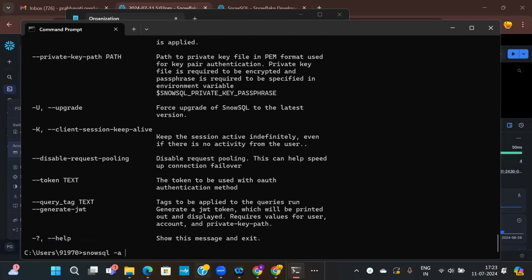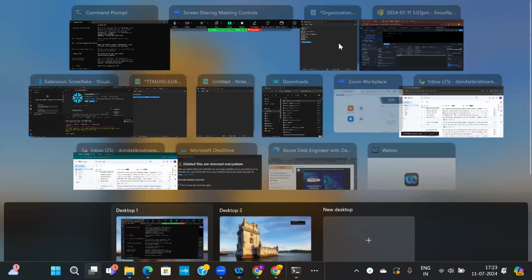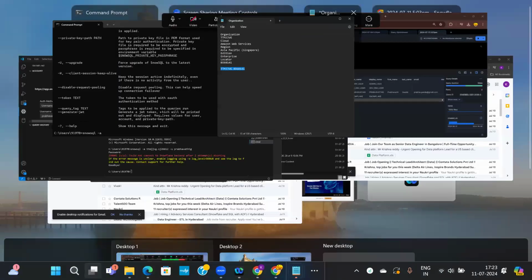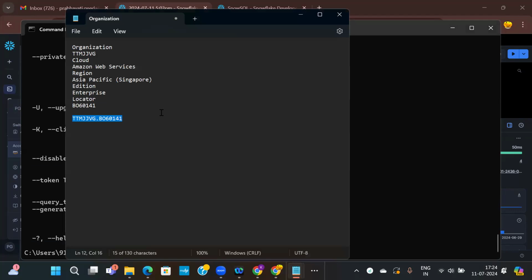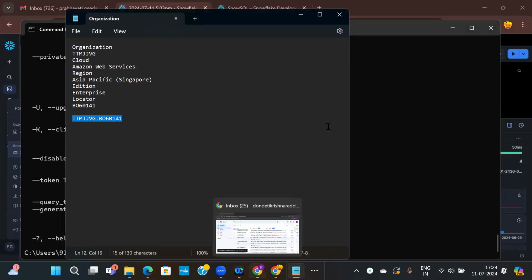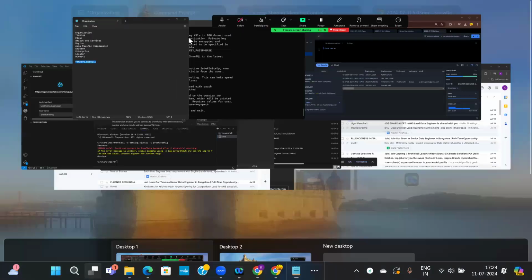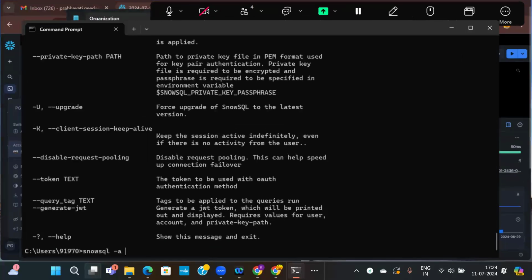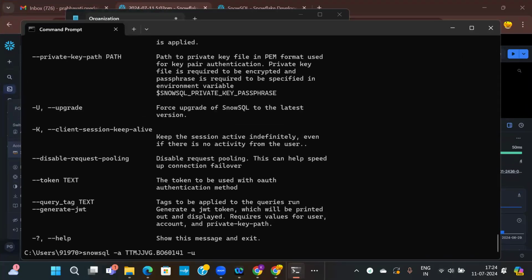If that doesn't work, we'll go to another topic. I'll configure this and get back to you. Notepad. Account name. Username is